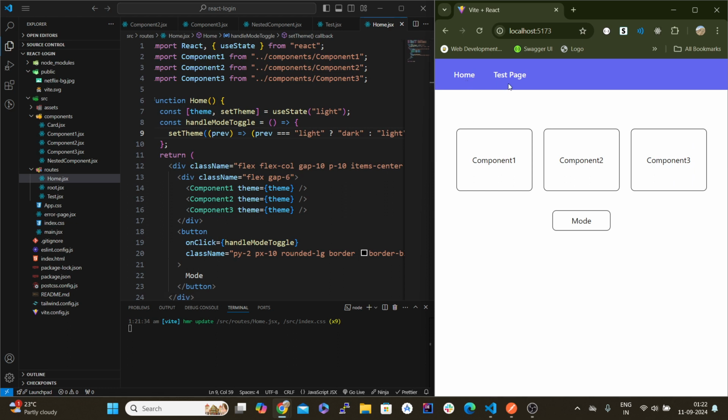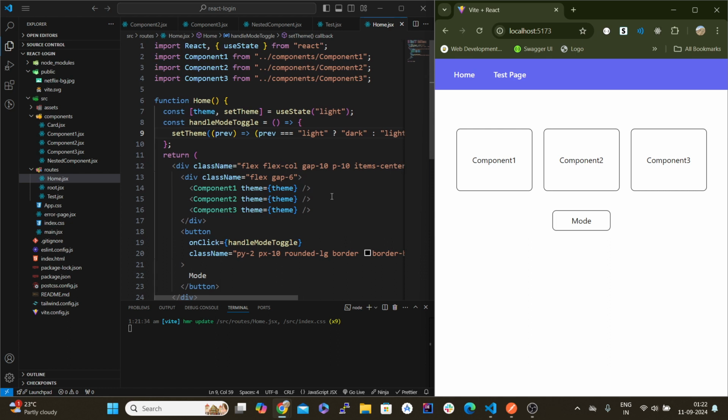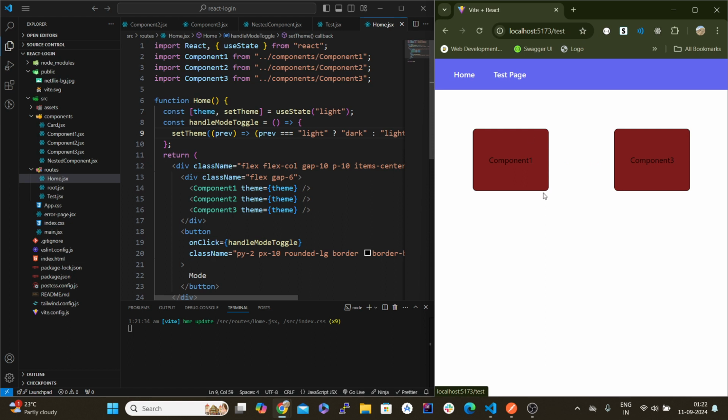Why is the color changing here? Let me see this. Okay, so if I click on this test page,